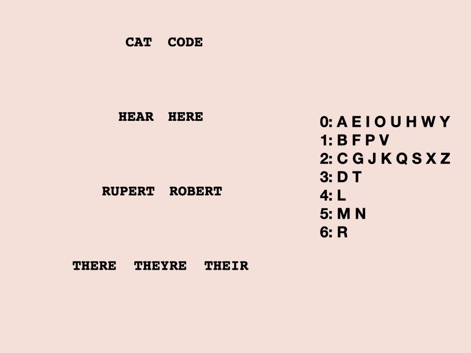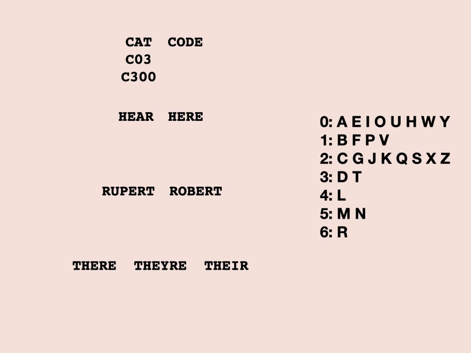Cat and code. Okay. We would keep the C, right? We would convert the A to a 0, and then we would add a T. The T would become a 3, right? So C03. We remove all of the zeros, and then we pad it out. C300. How about code? Well,